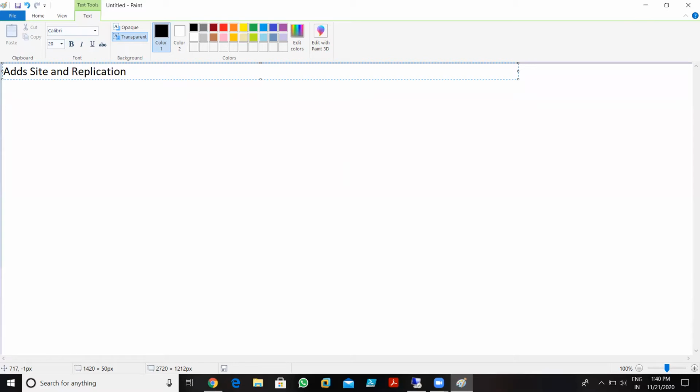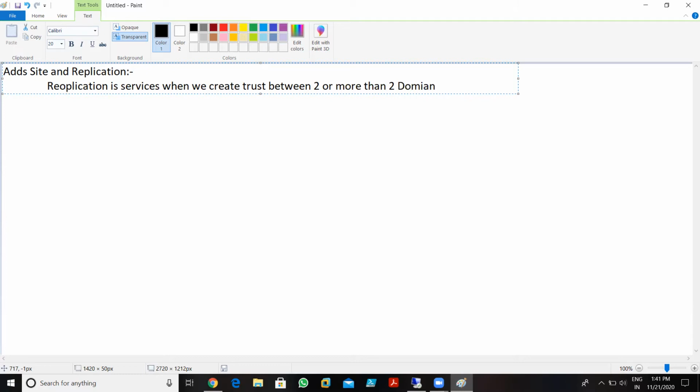Okay, fine. So if we talk about replication, what is replication? Actually, replication is a service. So you can say that when we create trust between two or more than two domain networks, in the forest,